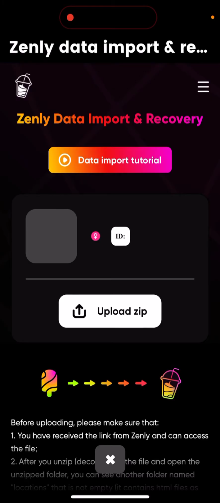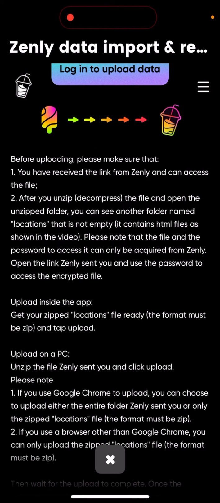And then there is this cool feature where you can import Zenly data. There is a separate tutorial. You need to have received the link from Zenly, so you needed to download it from Zenly. I don't know if you can still download this link though. That's a zip archive you should have received. After you unzip, decompress the file and open the unzipped folder, you can see another folder named location. It is not empty. Please note that the file and the password access can only be acquired from Zenly. And then you can upload inside the app, get your zipped locations file ready, and